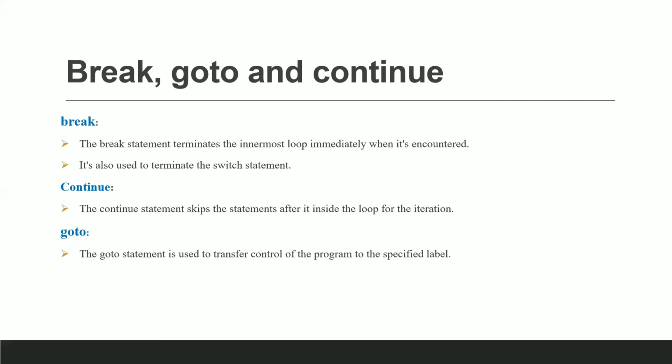Continue is used to alter the execution of the loop. The execution control skips the rest of the statements in the looping block and jumps to the beginning of the loop. So it will skip the present iteration and continue to the next iteration. Goto statement is used to jump from one line to another line in the program. Goto statement requires a label. Label is a name given to instruction or a line in the program.